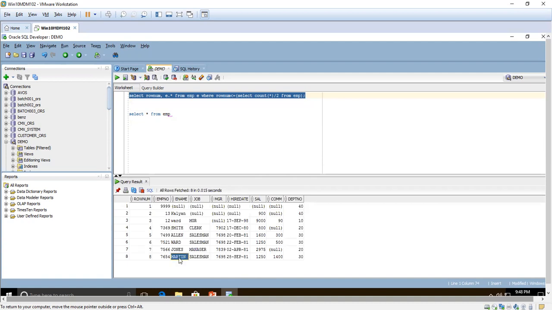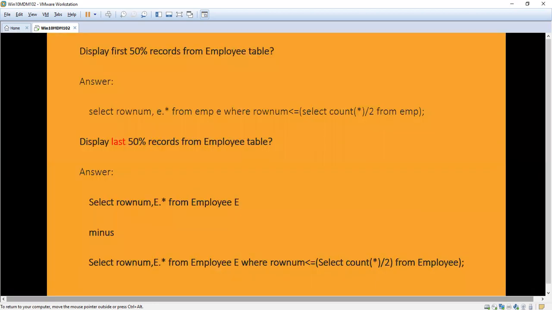Okay, 50% of the records is now displayed. You are able to see, I think. You have to use the row number for displaying the 50% of the records. This is the first 50%.